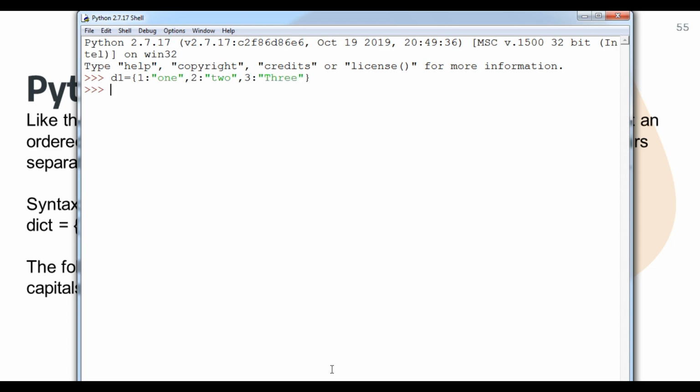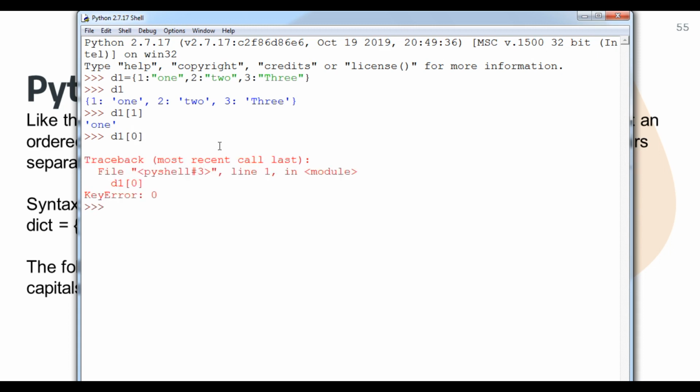Okay student, I can print it like this, or within square brackets the key 1. Now you can see that 1 has printed. It is totally based on this particular key. If I type d1 with 0, it is not possible because there is no such key, so it gives a key error. Can you see that, student? In a dictionary you can print the value with the help of the key only.